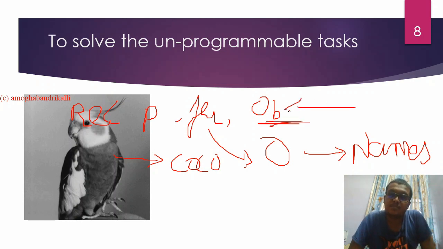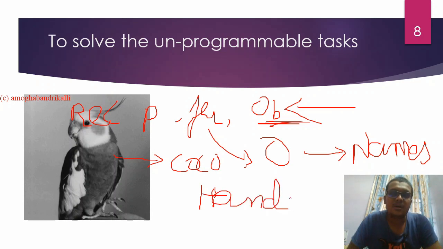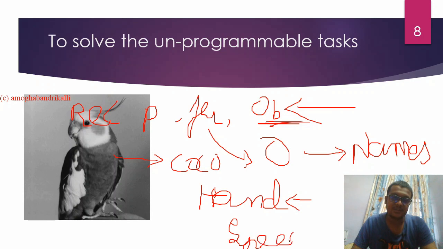So this is like an unprogrammable task. These are all unprogrammable. You cannot program for it by using classical coding languages. So in these scenarios, or it can be hand signals, a language for persons who are unable to speak, hand signal languages, or it can be speech recognition. Like today's Alexa, or Siri, or any other Google application like Google Assistant. It is based on speech recognition integrated with the web.